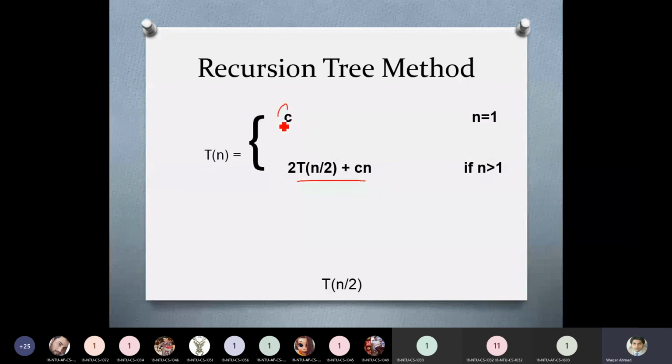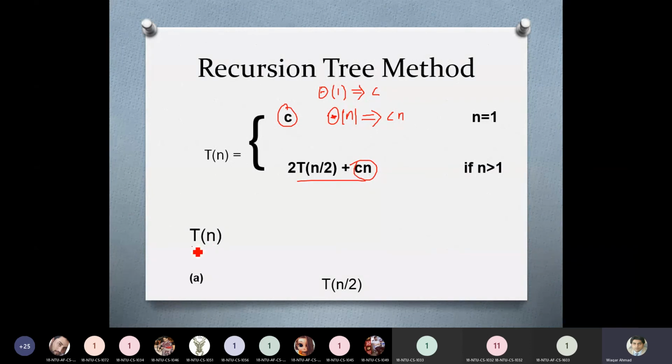Here you can observe that we have used this term C whenever we have a theta 1 term, and if we remove the theta 1 term, it will be equal to C. And if we have the theta n term, and we remove the theta term, it will be equal to Cn. This is what we have already discussed, and here you can observe that we have replaced theta n with Cn and theta 1 with C, and we have started constructing the tree.